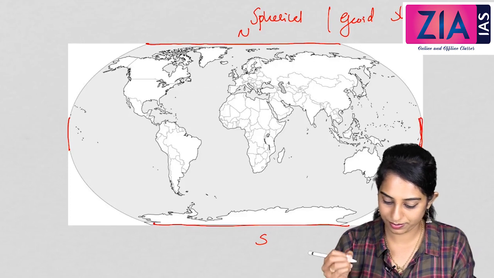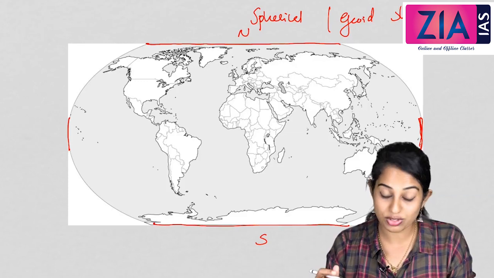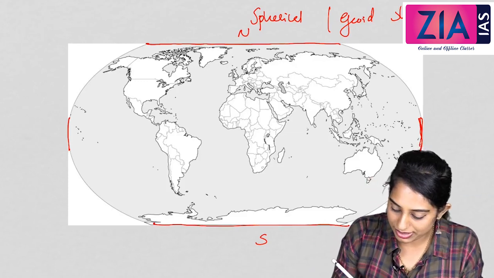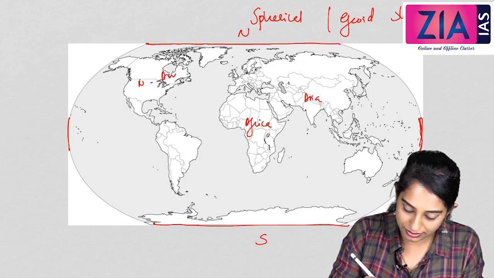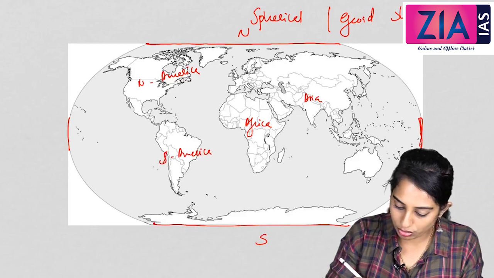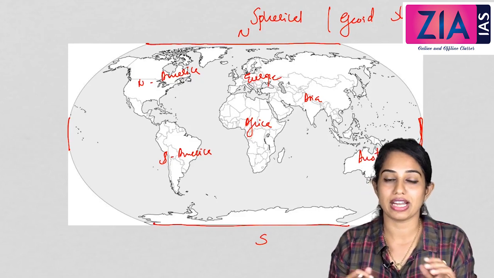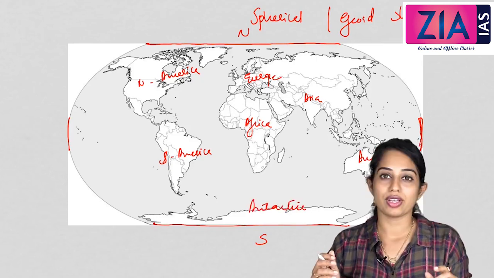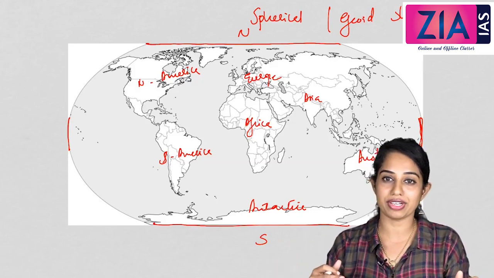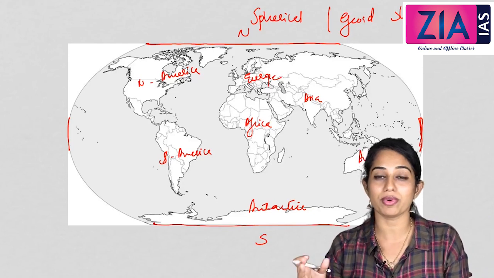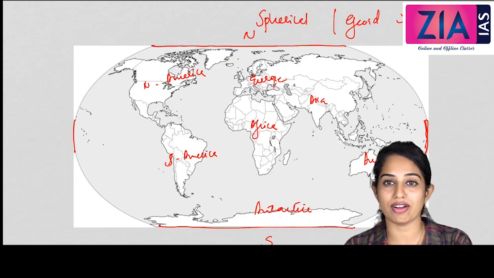Now we will identify the 7 different continents in the world. First is Asia, Africa, North America, South America, Europe, Australia, and towards the southern part of the entire globe we can see Antarctica. So what are these 7 different continents on earth? We have Asia, Africa, North America, South America, Europe, Australia and finally Antarctica. So these are the 7 continent areas we have on earth.